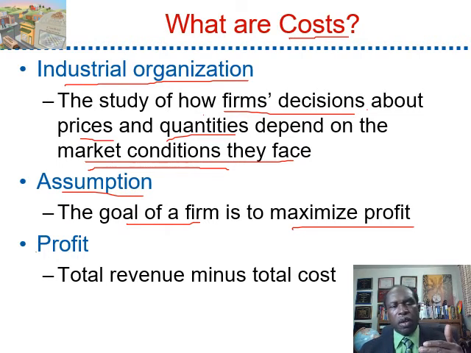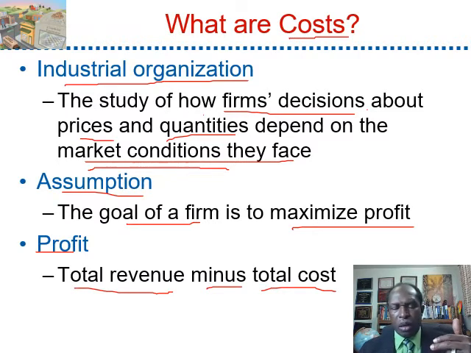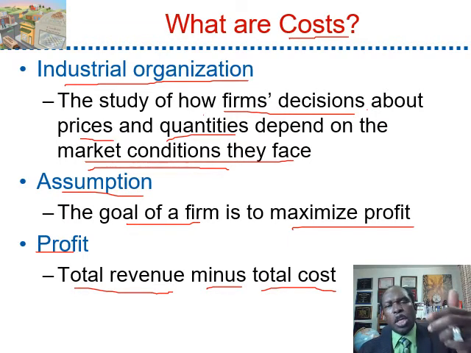So what is profit? Profit is determined by taking the total revenue the business makes minus the total cost. Total revenue is when a business produces the product, takes it to the market, and sells it to the buyer. The money they make for selling the production to the buyer is called revenue. So you take the total revenue, subtract the total cost, and you get the profit. The total cost includes, for instance, the cost of wages, the cost of materials, the cost of capital, transportation cost, the cost of the rent they pay, and so on and so forth.